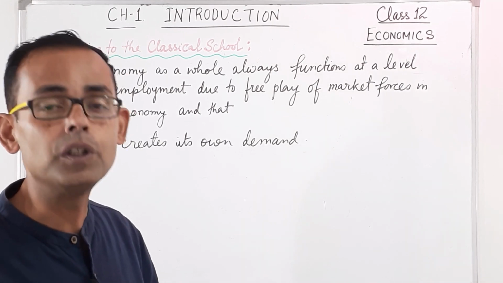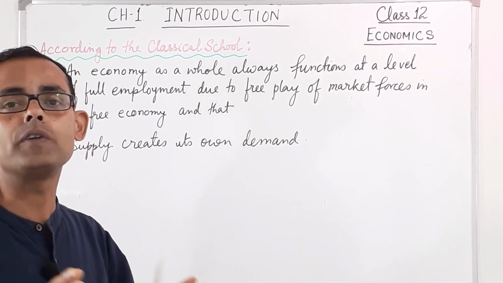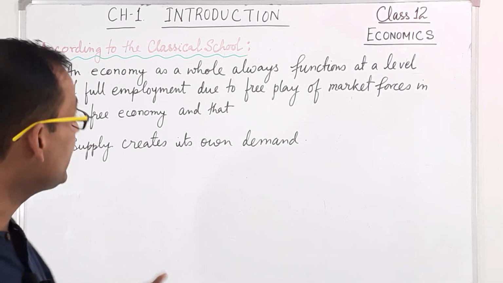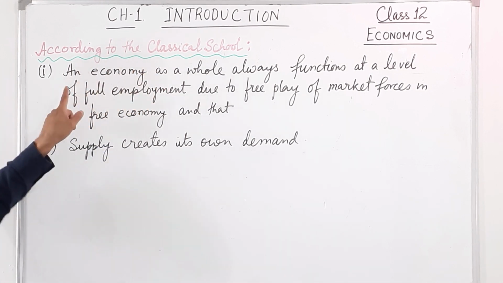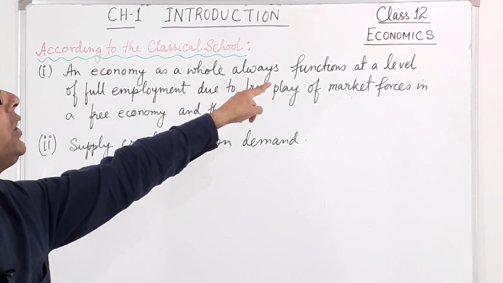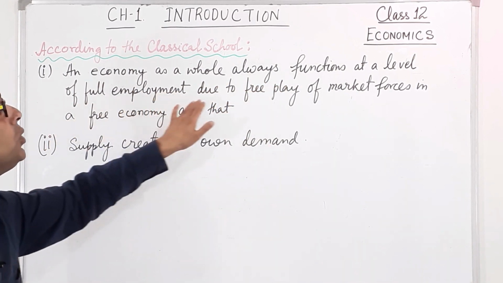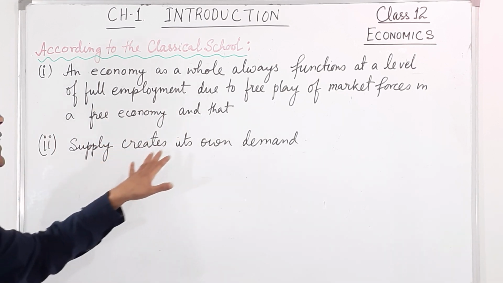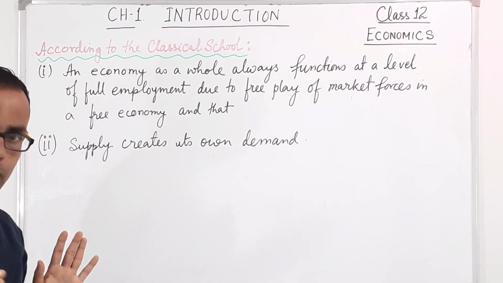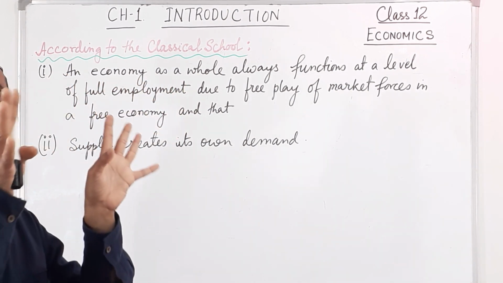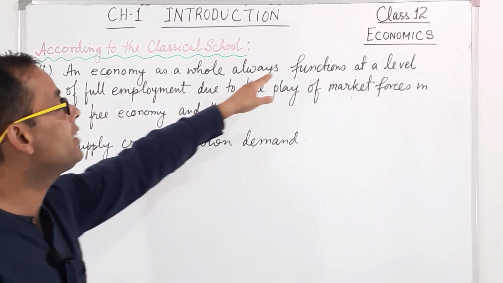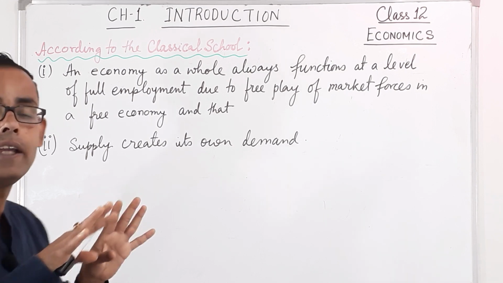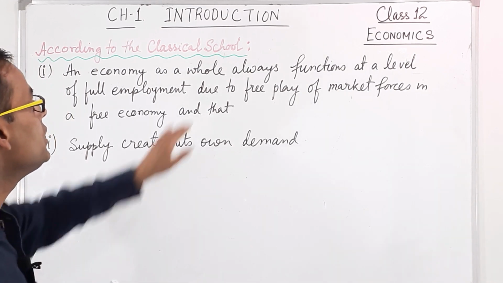Now, once we understood that there are two main schools of economic thought, the classical school as well as the Keynesian school, let us know what the classical school is telling. It is telling that an economy as a whole always functions at a level of full employment due to free play of market forces in a free economy, and the second one is that supply creates its own demand. Let us understand one by one. First one, an economy as a whole, that means we are talking about the total, a whole economy, and it will function at a level of full employment. That means it is talking about an economy which will apply full employment of resources, due to free play